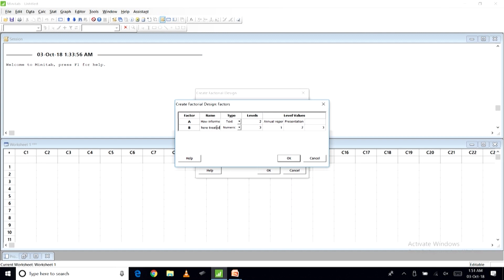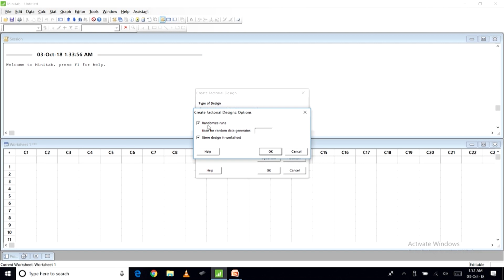Then for B, where it is traded, TR, yeah, it is traded, where stocks are traded, right. So, this again is text, yeah, we will need to click on this arrow, yes, text. So, these are 3 options now. Let us say NYSE, New York Stock Exchange, then the second you can write the other one, and the third one was OTC, over the counter, OTC, right. Click OK,